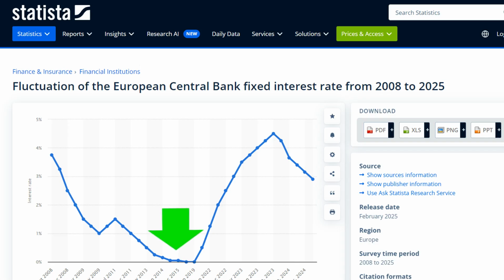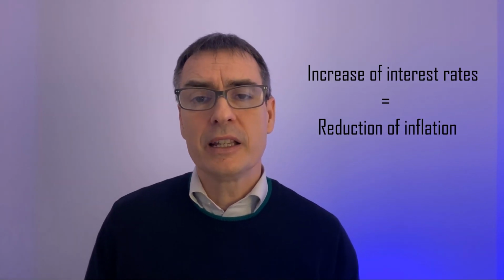After COVID, central banks lowered interest rates to 0% to stimulate the economy and prevent a recession. While this helped support economic recovery, by 2022 rising raw material costs led to higher inflation. In response, central banks began increasing interest rates. Raising interest rates makes it more difficult for investors and businesses to borrow money, which in turn slows down investments and economic activity. As demand decreases, businesses are forced to lower prices to attract more customers, leading to a gradual decline in inflation. To better understand how to manage our liquidity, we first need to understand what might happen to interest rates in the coming months.